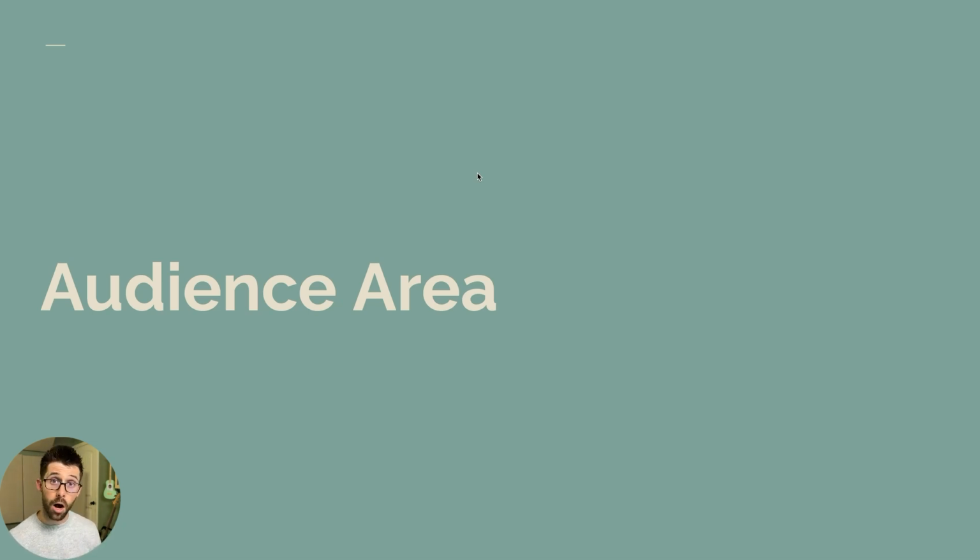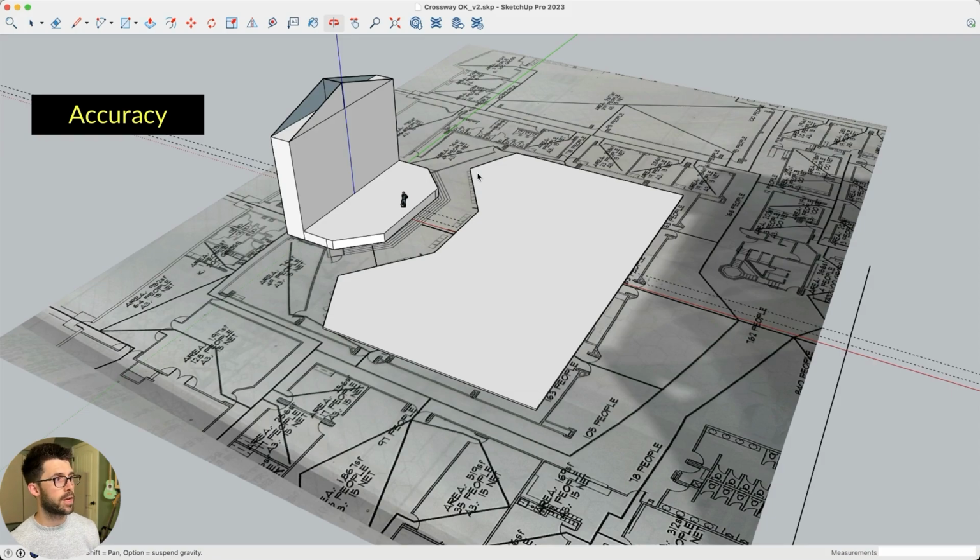The first is our audience area. So I want to look and see how accurate is my drawing. So how Venue Synthesis works is you actually do it in SketchUp first, and then you can import it, or that's one of the ways you can get data into it. And so I actually took a picture of the printed out architectural plans, is what you see here. I made a PDF of it, made it nice and flat, and I drew these lines to simulate the chair